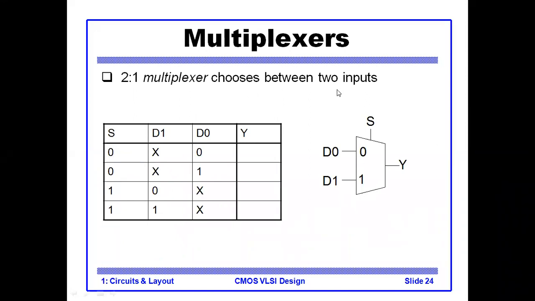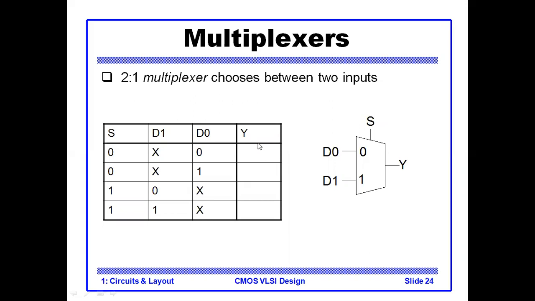Okay, so we'll understand examples with the transmission gate. We can implement any logic. Now I will take the first example, the multiplexer. The 2:1 multiplexer chooses between two inputs. All of you know the truth table of this multiplexer, right? Here S is the control signal, because it is a 2:1 multiplexer, so only one select line is required. Here we can apply 0 or 1 to the select line.